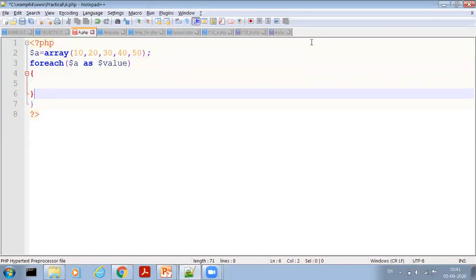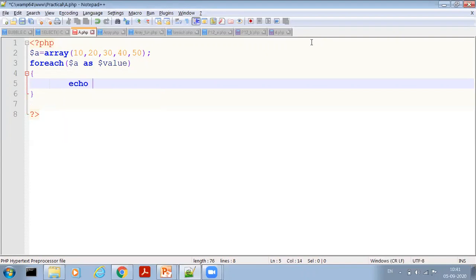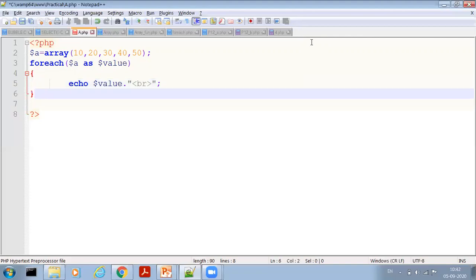In between this, write the echo statement to print each and every element of the array. So write echo $value. After printing one value, write the br statement and a semicolon. Okay, now my code is completed.